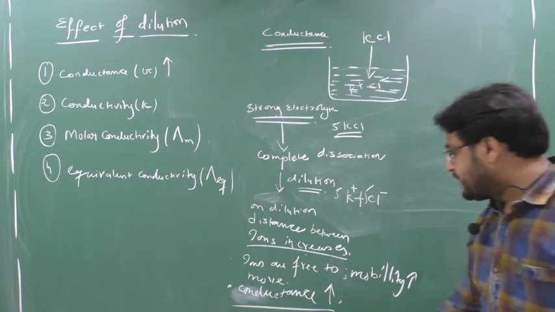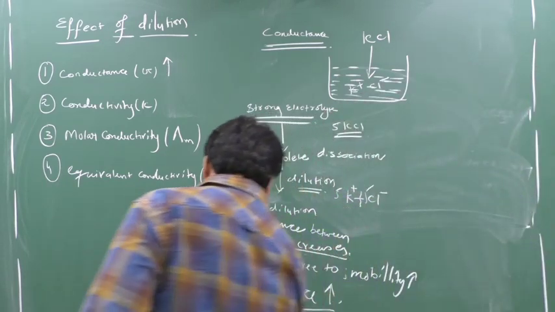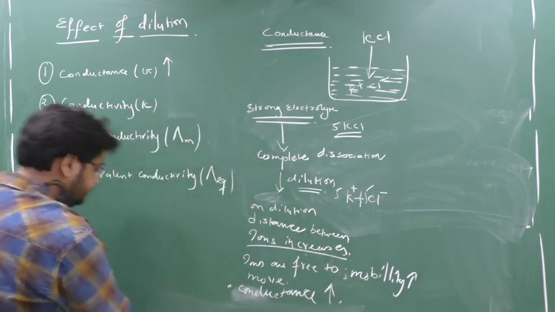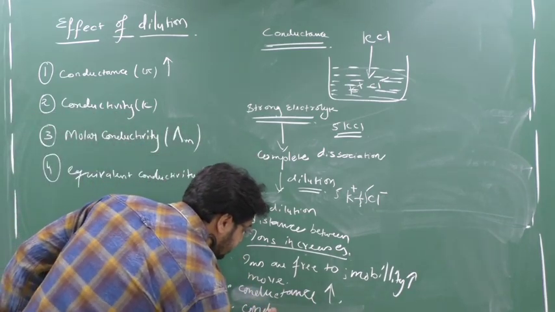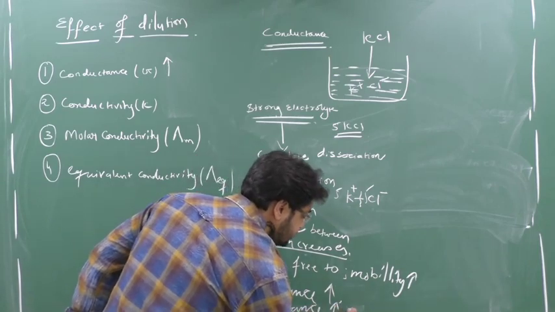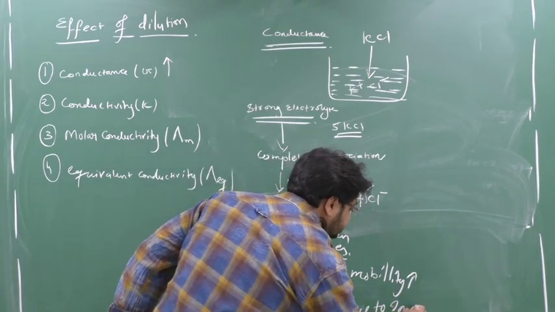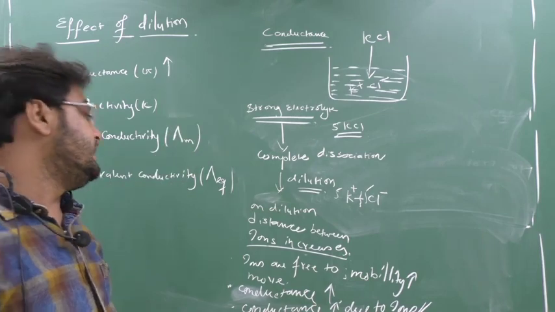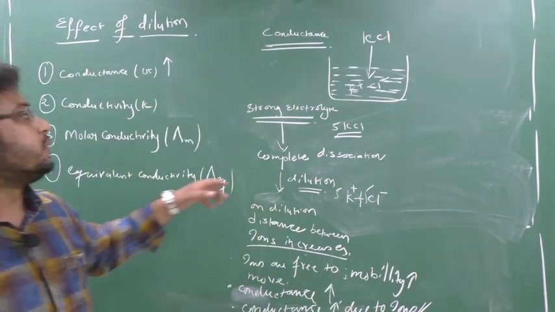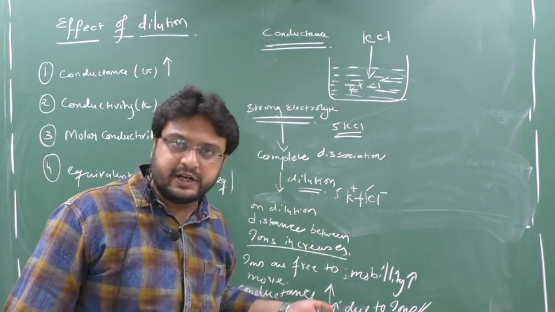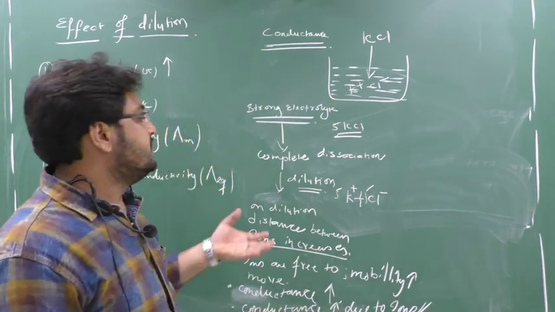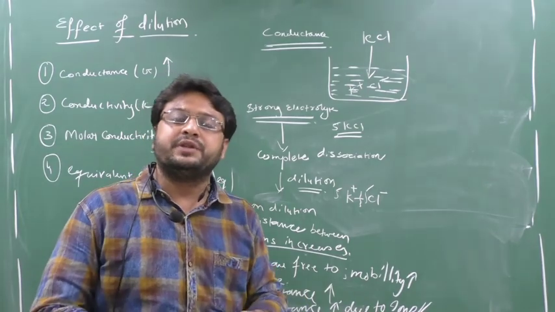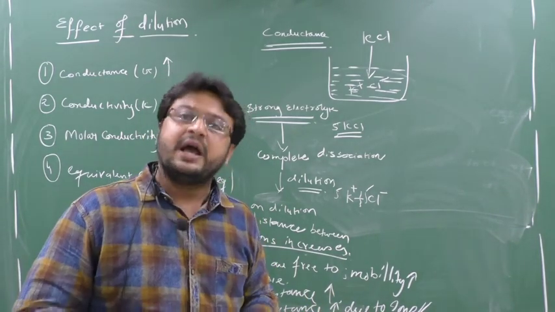What is the main reason? Here the conductance increases only due to what? Ions. Remember this point, that conductance increases due to ions only. So if any question comes in the exam, conductance for a strong electrolyte increases only due to ions. Yes or no? Because I am taking a strong electrolyte, it gets completely dissociated. As it gets completely dissociated, the distance between the ions is less. But as I dilute, the distance between the ions increases and the attraction decreases,